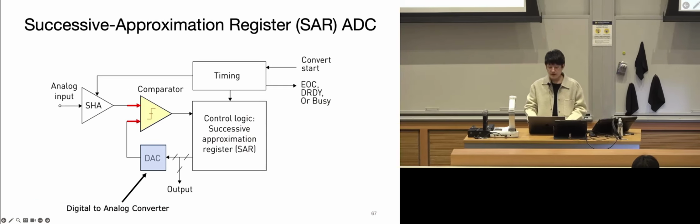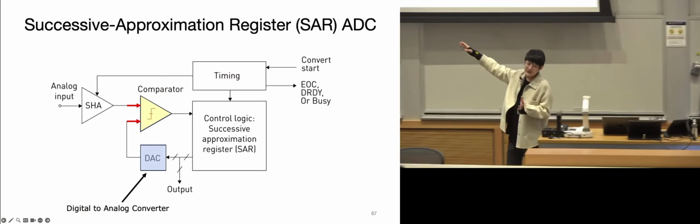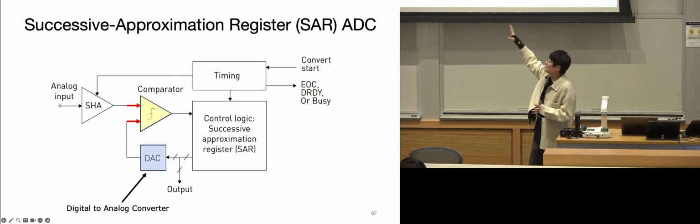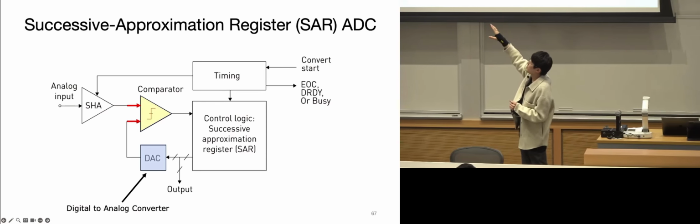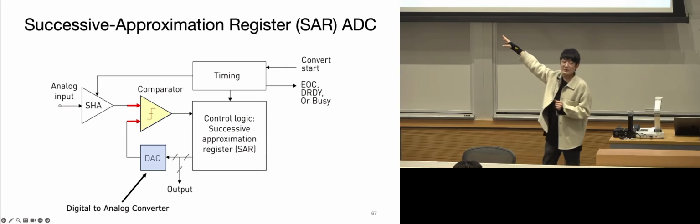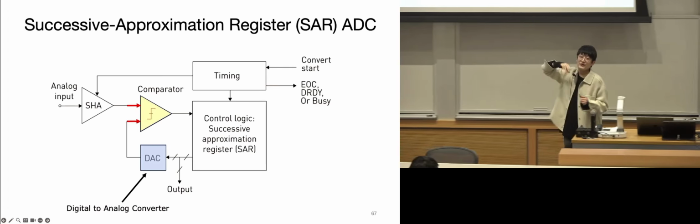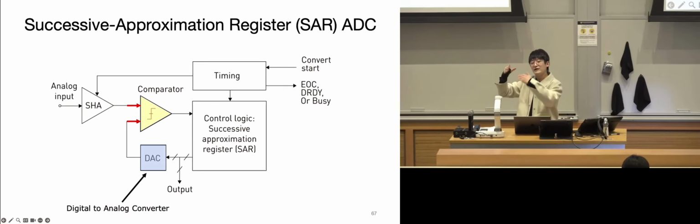We also have the SAR. It's kind of in the middle. It's basically using a DAC. Now that we talked about DAC, you all know what this means now. So basically, it's using the comparator circuit to compare the input analog signal to the voltage level that's being generated by the DAC, and then we will use a binary search for the DAC value generated